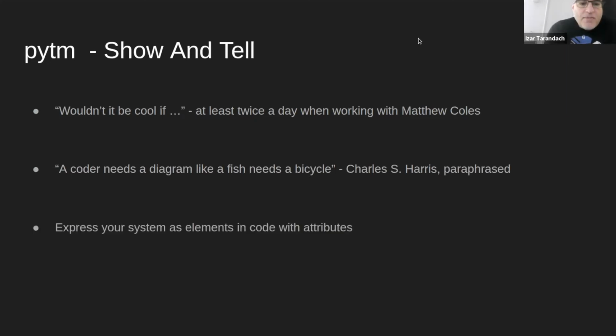So we came up with pyTM. We wanted something that would let you express your system as elements in code and the attributes of those elements. So basically, if you think about those circles and squares and arrows that we put on diagrams, each one of them represents one thing.